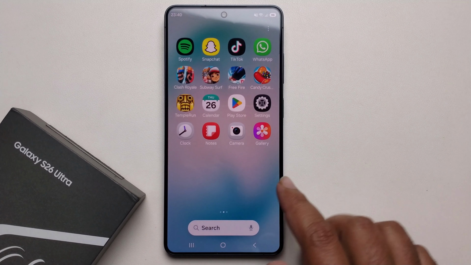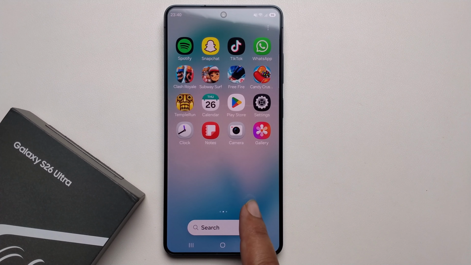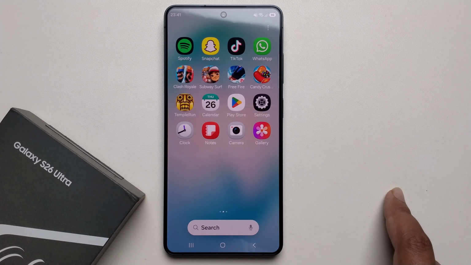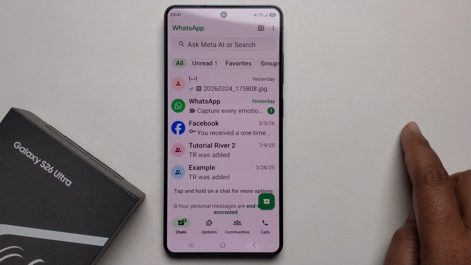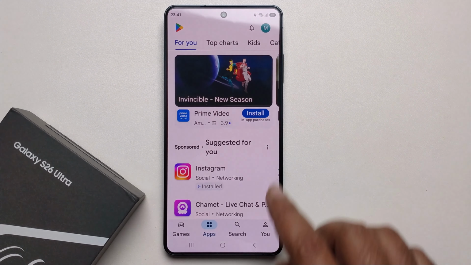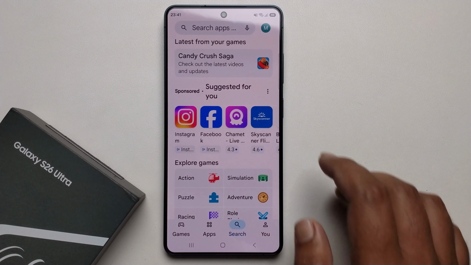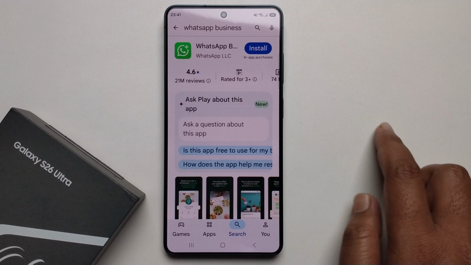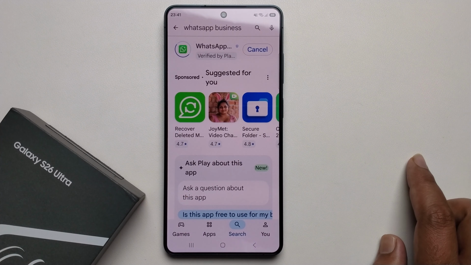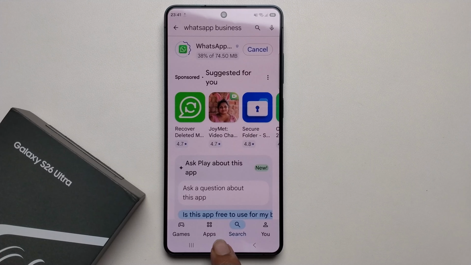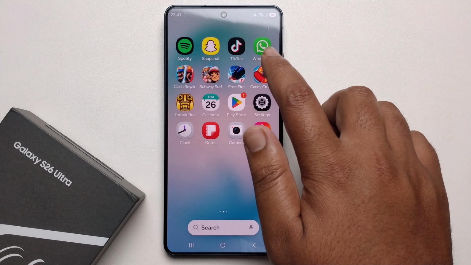Today I'm going to show you how to install and use dual WhatsApp accounts on any Samsung Galaxy S26 Ultra. As you can see, I've already installed one WhatsApp. For another, you just open your Play Store and use WhatsApp Business to install. You can use another WhatsApp app and WhatsApp Business, or if you want to use a second WhatsApp account,